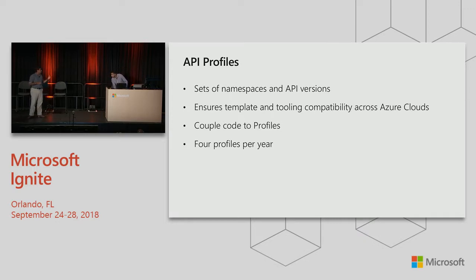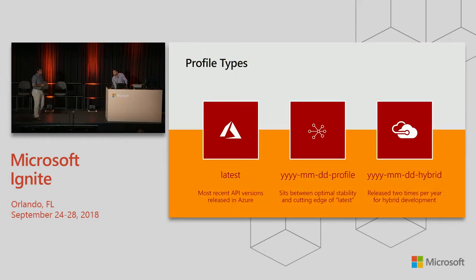We're releasing about 4 profiles a year, or 3 profiles a year, depending on how we want to do it. We're still working towards how much is too much. Right now, we've got about 2 or 3, so you can totally do this. The way we're doing this is we've got a latest profile. For those of you who are building applications only on Azure, you don't worry about other Azure Stack instances or even other Azure clouds for that matter, and you want to be on the latest and greatest API versions available in Azure, you build your applications to take a dependency on the latest profile.